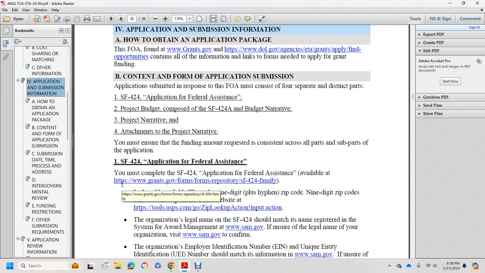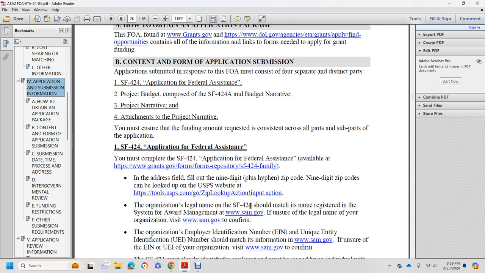Standard Form 424, Application for Federal Assistance, must comply with the Standard Form 424 available at the grants forms repository, Standard Form 424 family. Fill out the address with a 9-digit zip code plus hyphen. The 9-digit zip code can be looked up at the USPS website, using the tools at USPS.com, zip code lookup. The organization's legal name on Standard Form 424 should match its name registered in